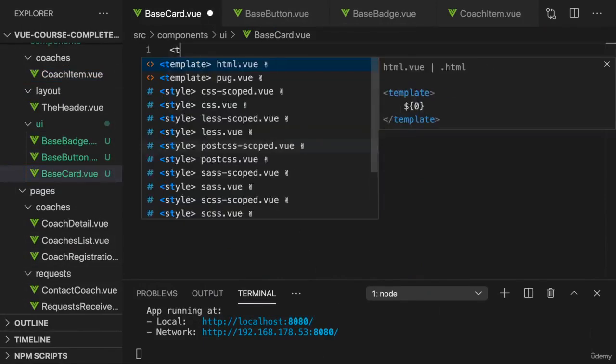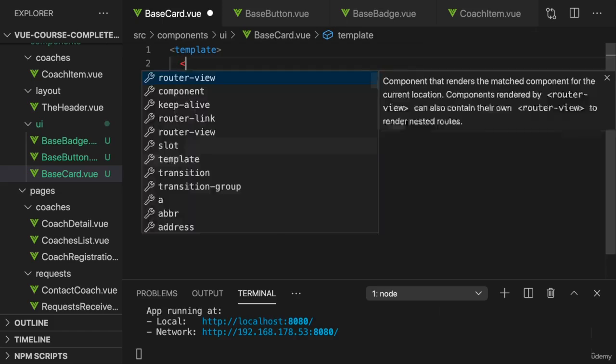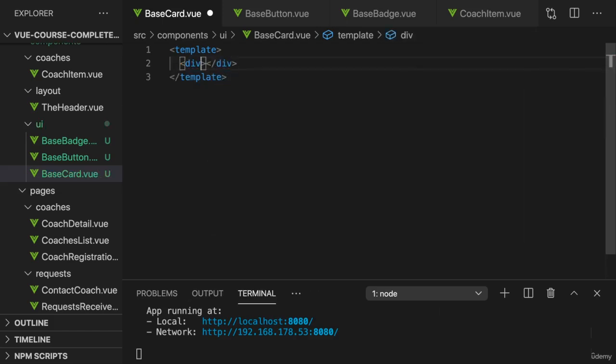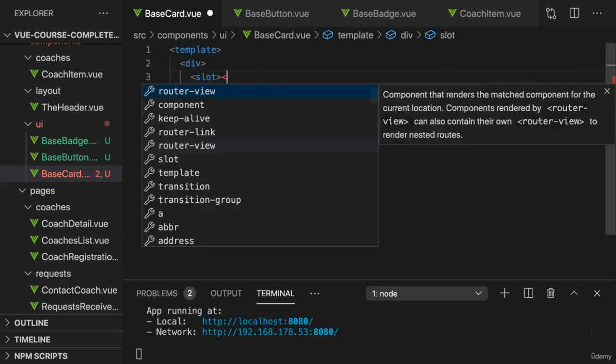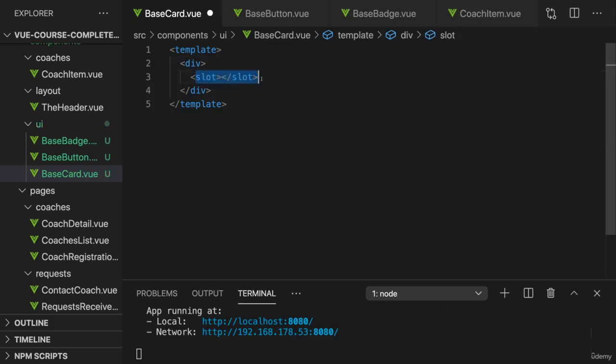That will be a very simple component in the end. The template is just a div and then a slot inside of the div, because I want to use this card as a wrapper around any content you want. Now I'll give this a class of card